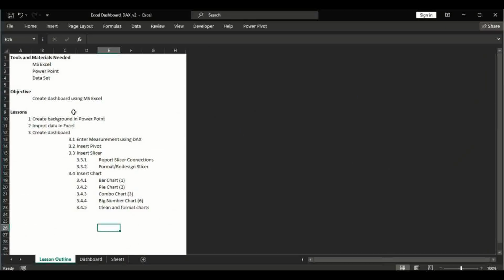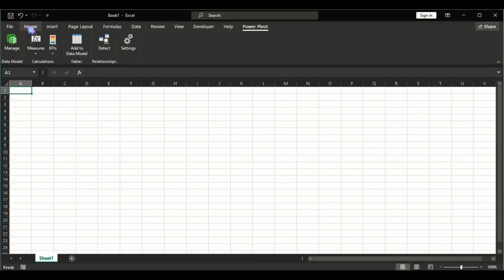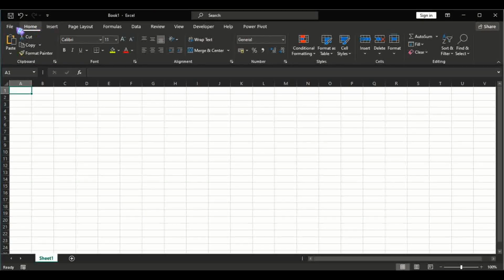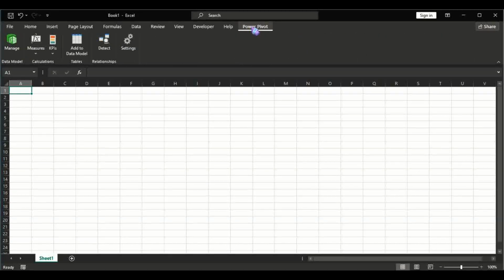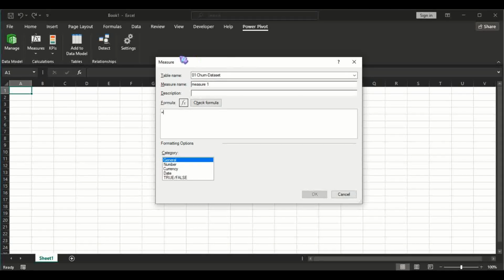Alright, so what's our next step? That is entering measurements using DAX, or data analysis expressions. So I'll go back to your main Excel window. If you're on the home tab, go to Power Pivot, go to measures, click and choose new measure. And there should be a pop-up window wherein it should allow you to enter measure name, description, and